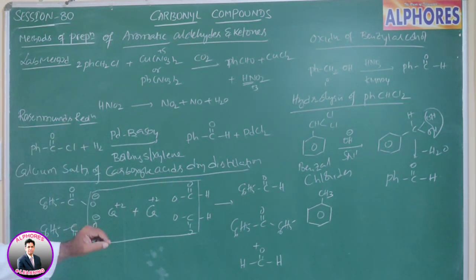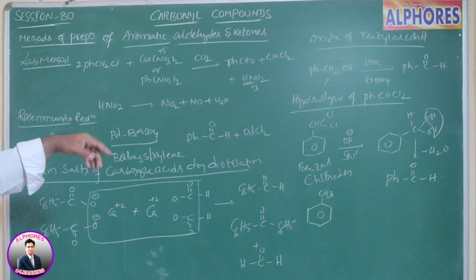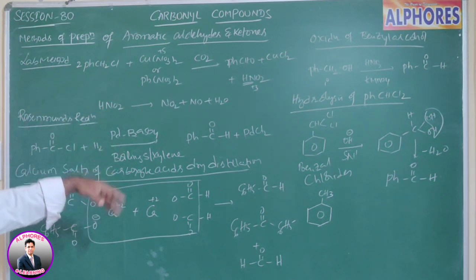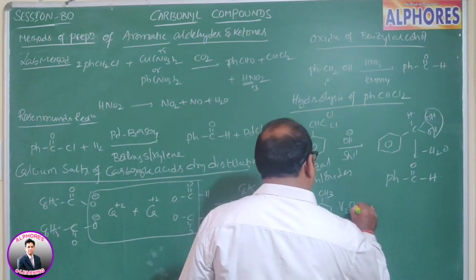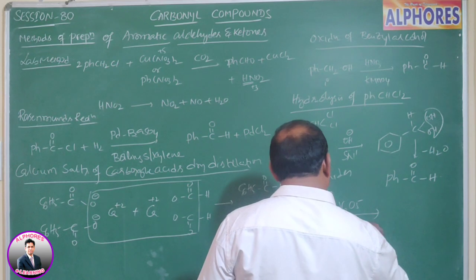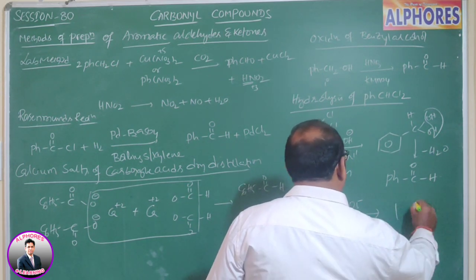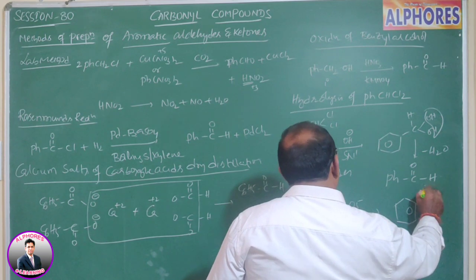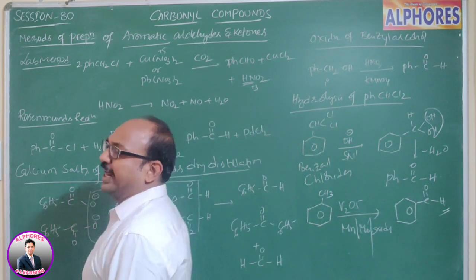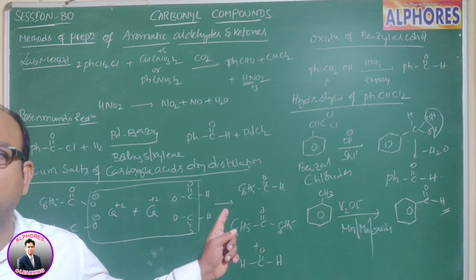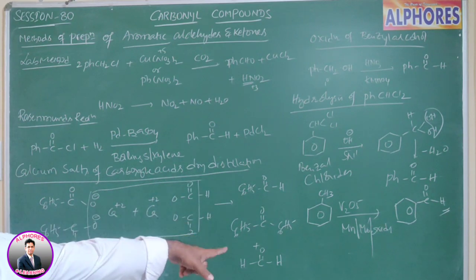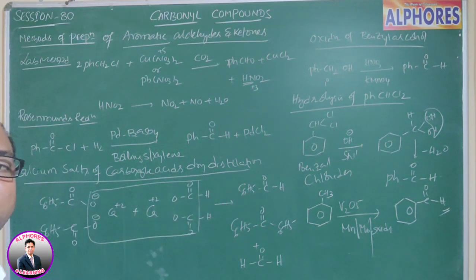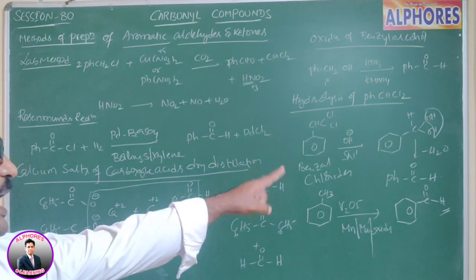So toluene upon oxidation with selective reagents, vanadium pentoxide or manganese oxide, molybdenum oxide, that is, heavy metal oxides only, gives benzaldehyde. If we use any strong oxidizing agent, we may get carboxylic acid, that is benzoic acid, as the product. Vanadium pentoxide or molybdenum, manganese and zirconium oxides are preferably used for controlled oxidation, and we get the product